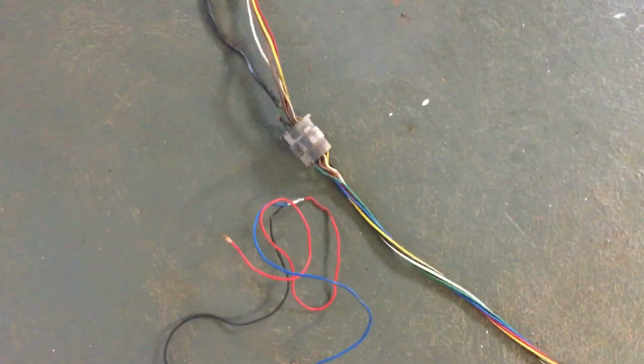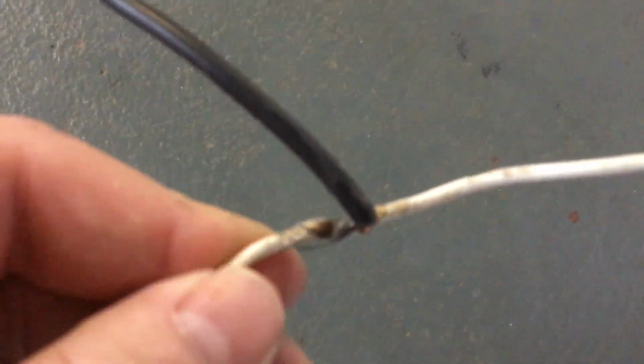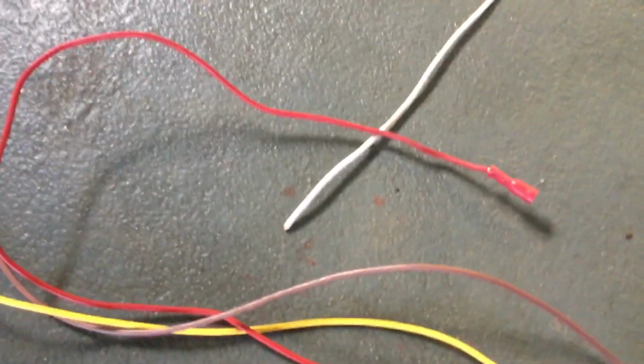So the reason that all changes is because this whole loom to the back of the car is a generic bit of loom. You just buy it like that. Then it goes into that plug, in the tail light, then over to the other tail light, and then back to the fuel sender. So just to give you an idea, my fuel sender, that wire is black. That wire goes to the white. That's my white wire. The white wire then goes nowhere. So that goes nowhere,